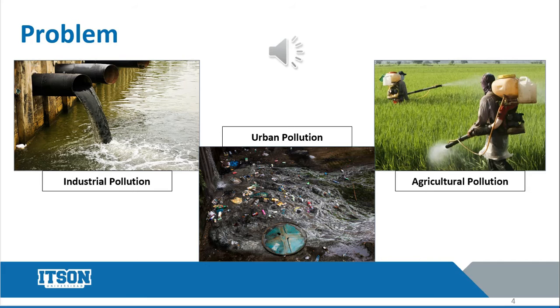The main problem that this land suffers from is the three main types of pollution that we all experience around the world. These are industrial, urban, and agricultural pollution. The industrial pollution is a big thing in Brazil